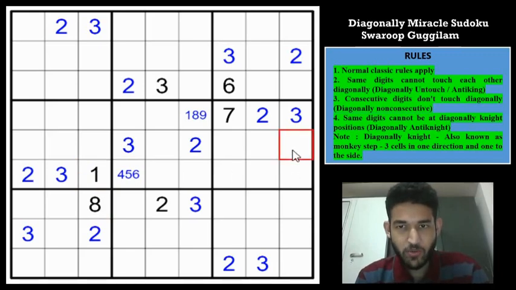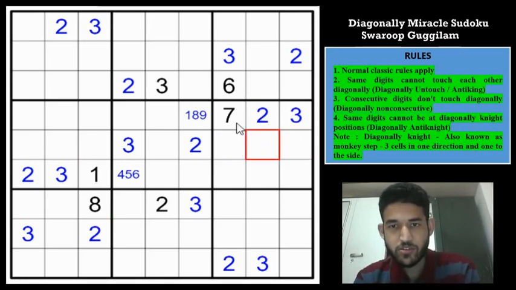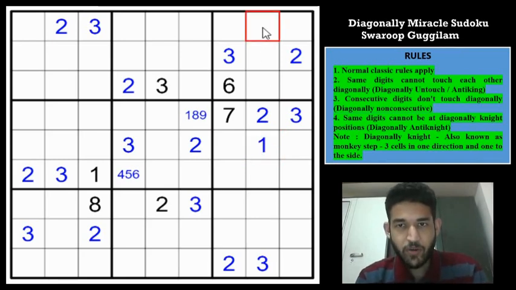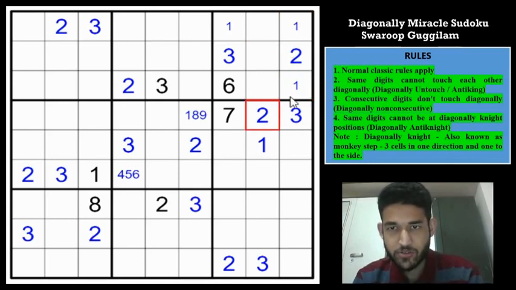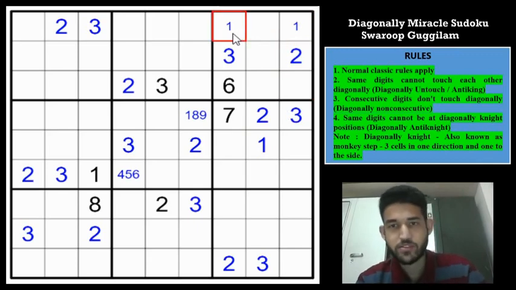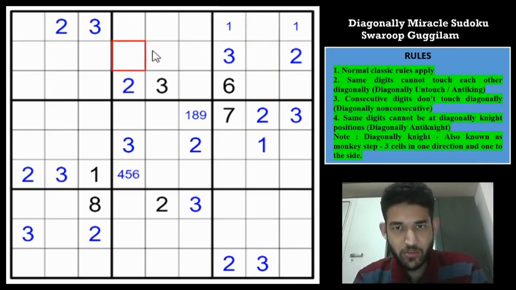You have 1 in row 6, so 1 must be in one of these 3 cells, but these 2 cells are diagonally consecutive to 2. So 1 can be eliminated from here, which means that this will be a 1, and 1 can't be in these 3 cells, so 1 would have to go in one of these 3 cells, right, in box 3. And this cell is diagonally consecutive to 2, so 1 can be eliminated from here, so 1 would have to go into one of these cells. And in box 2, 1 will be going in one of these 4 cells, and this cell can be eliminated, right? So now we have 3 cells for the 1. And I don't think anything can be eliminated now.